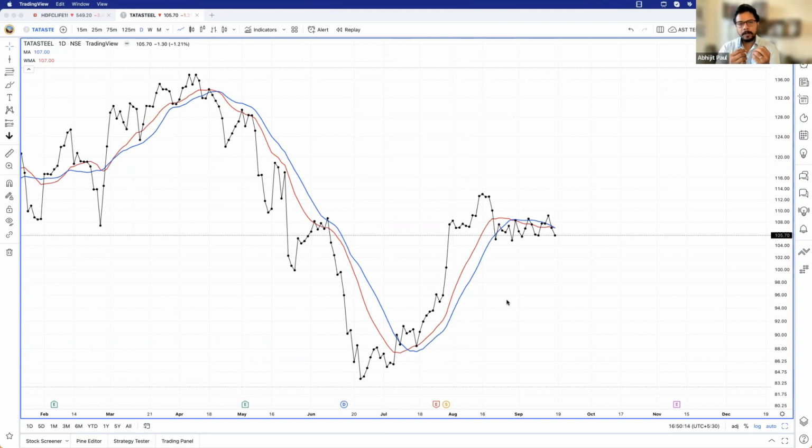Now, the more complex or complicated the calculation does not necessarily mean that the moving average is better. It depends कि आप moving average क्यों charts पे implement करो. What is the role of that moving average on your chart? If it does not serve a purpose, what is the requirement of having the moving average on your chart in the first place? So it's extremely important. So I will definitely not go into each and every moving average because that will probably take the entire day,